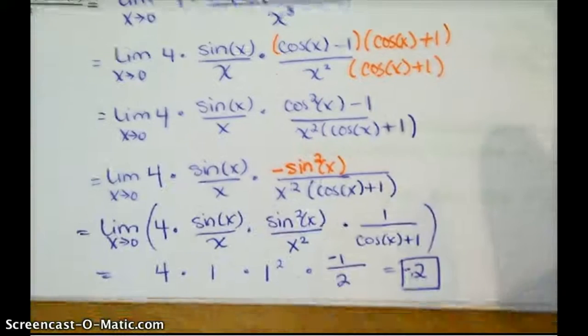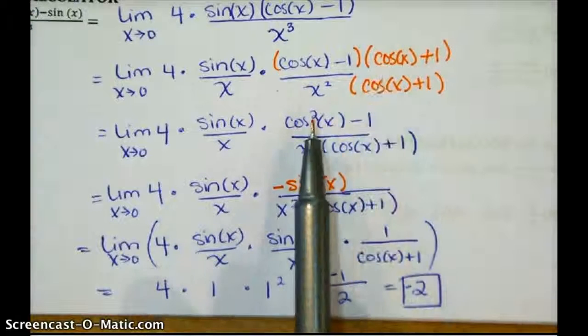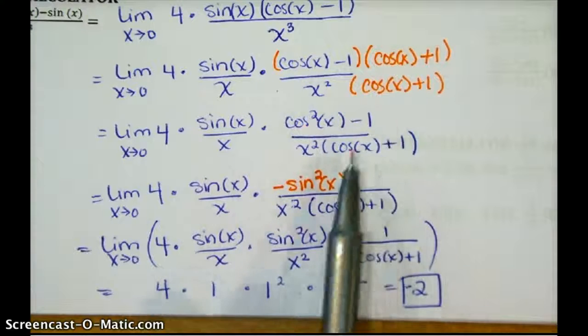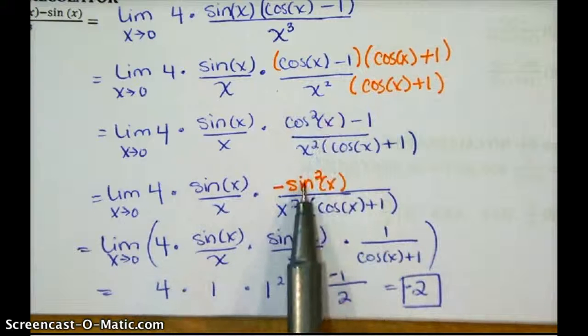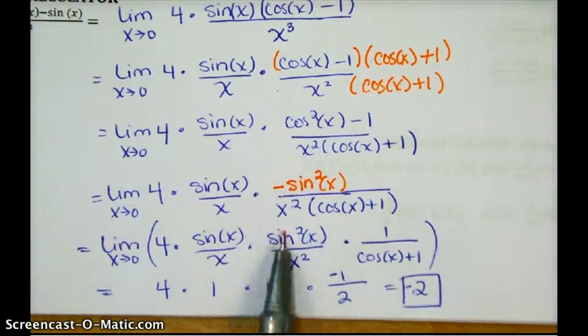And so here's what the rest of the work looks like. This conjugate turns into cosine squared minus 1, which trig identity is the same thing as sine squared. And then I can cancel the sine squared and the x squared out using that same identity. And 1 over cosine. You can just